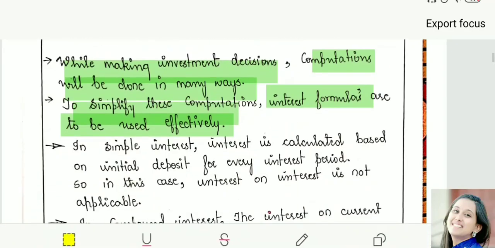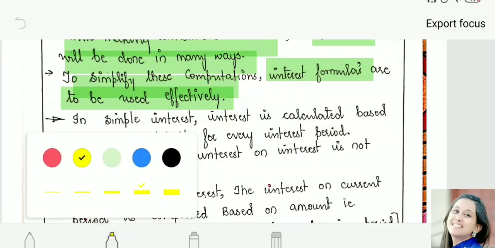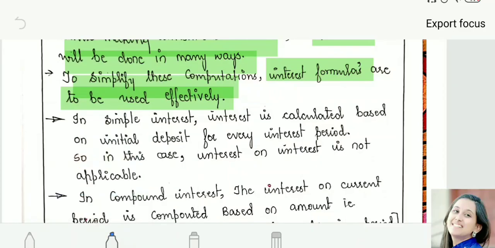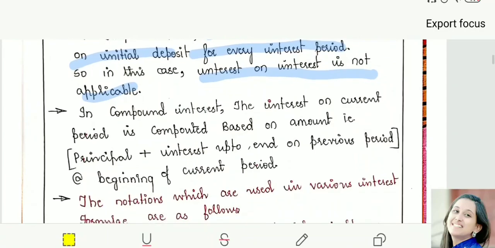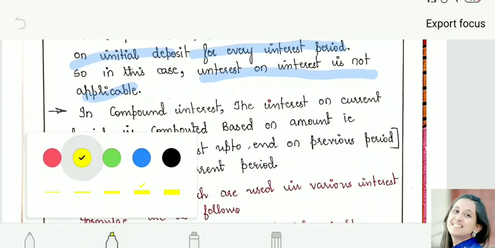So you know, in the previous class we have seen this. What happens in simple interest? Interest is calculated based on the initial deposit for every interest period. That means interest on interest is not applicable here. But when it comes to compound interest, what happens? In our compound interest,